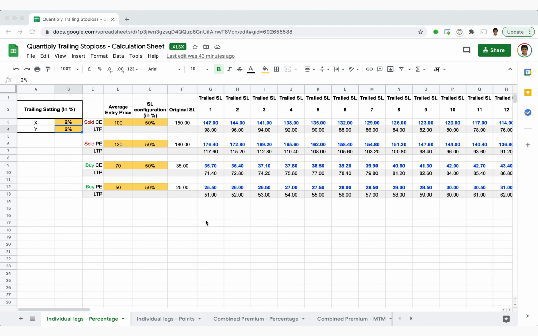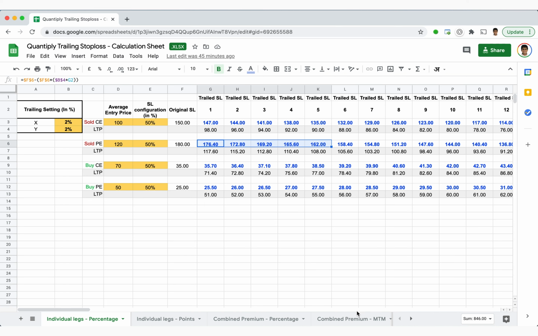We have also created this trailing stop loss calculation sheet, which will make it easier to calculate and track up to 115 iterations of trail stop losses. You can enter the average entry price, the stop loss settings and the trailing stop loss settings in cells which are highlighted in yellow. This will help you see at what prices your stop losses will get trailed, which is in this row, and what will be the revised or trailed stop losses in the blue bold font. You can download this sheet or add it to your Google Drive to access it whenever you take trades.